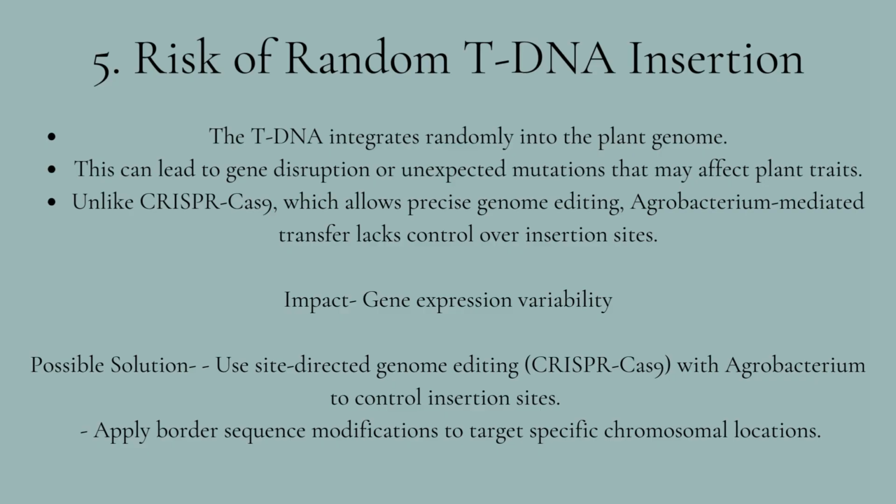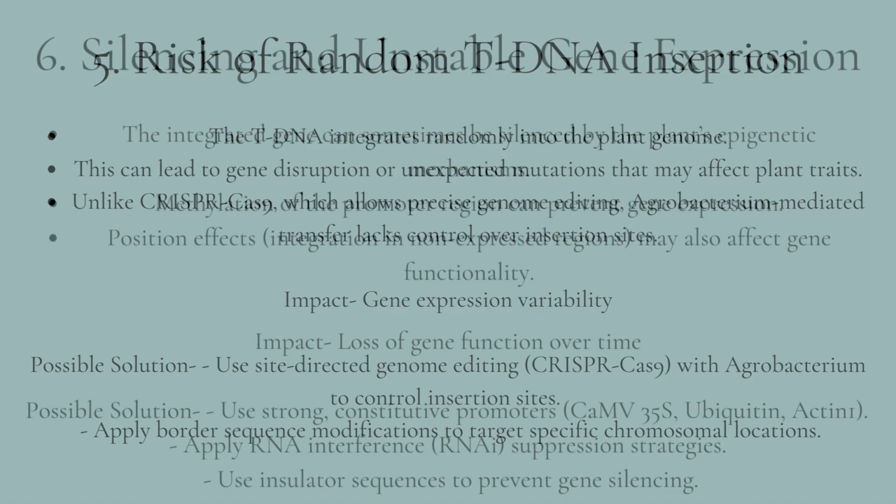The fifth nuance is the risk of random T-DNA insertion. So, the challenge is that T-DNA may integrate randomly into the plant genome. It may disrupt essential genes or cause unexpected mutations, which would result in variable gene expression, making outcomes unpredictable. So, the solution would be combining CRISPR-Cas9 with Agrobacterium for precise genome editing and modifying T-DNA border sequences to target specific chromosomal sites. Here, the impact is that more controlled insertion can be used to reduce unwanted mutations and ensuring